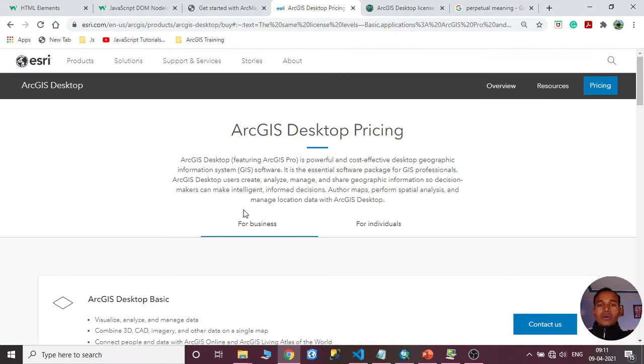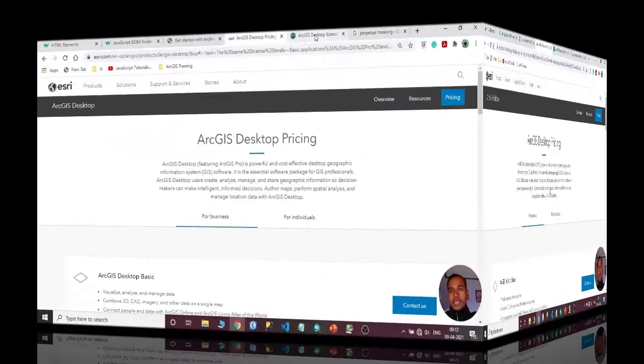Okay, now let me explain the difference between these license levels. That is the more important thing if you want to pursue your GIS certification. There will be some questions as per the licensing levels, a few questions. Okay, so ArcGIS desktop licensing.